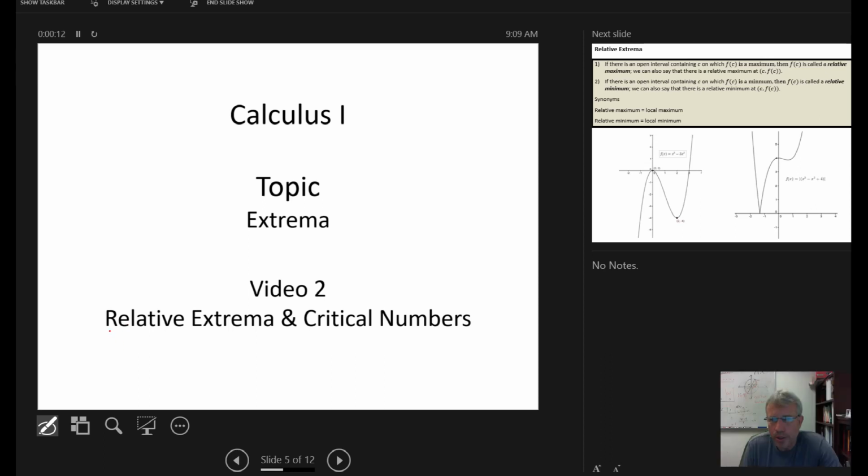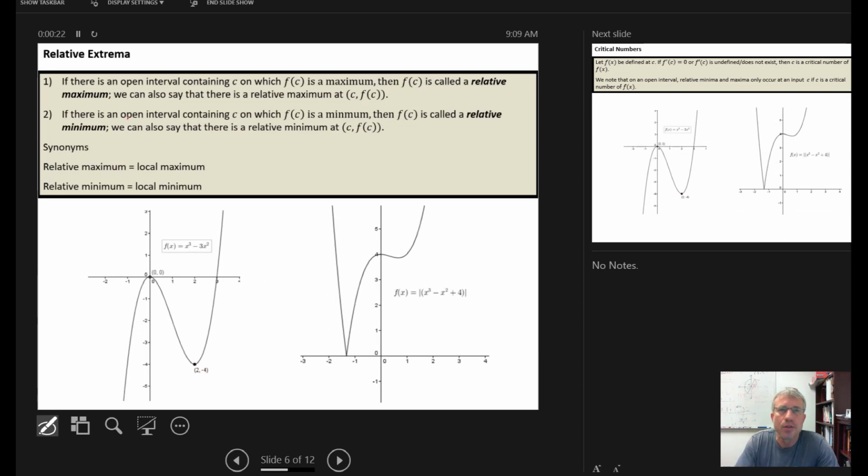So in this video, we're going to quickly review the idea of relative extrema from pre-calculus, and then talk about the idea of finding critical numbers. So relative extrema are always going to be defined in terms of open intervals. If there is an open interval, all a relative extrema is, is a maximum or minimum value of a function